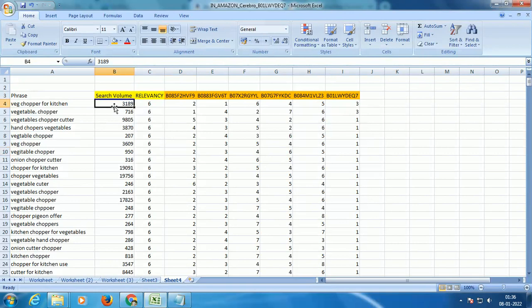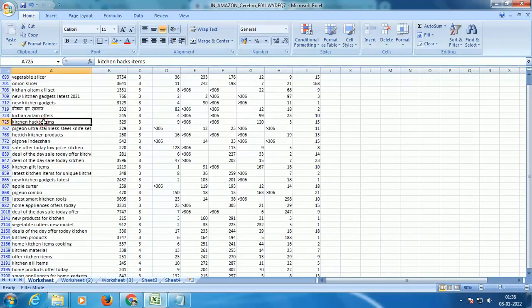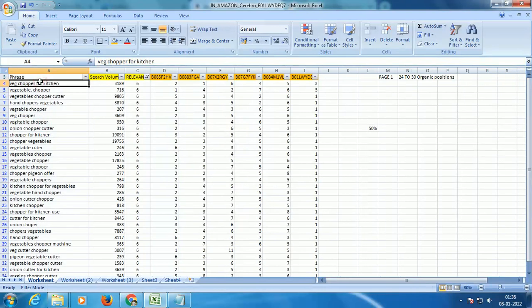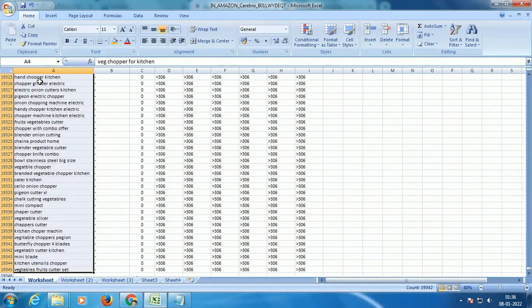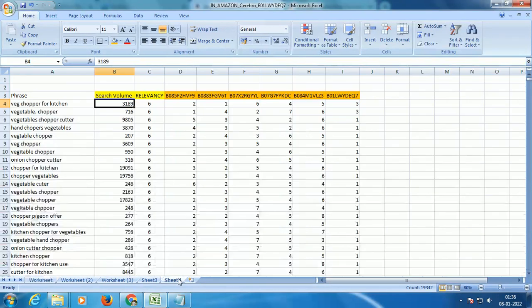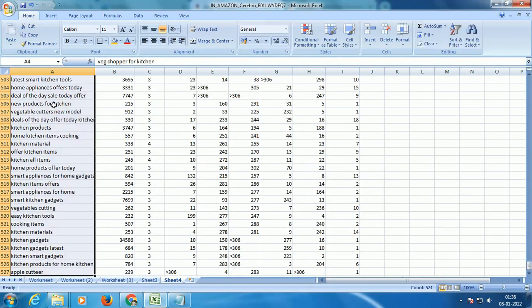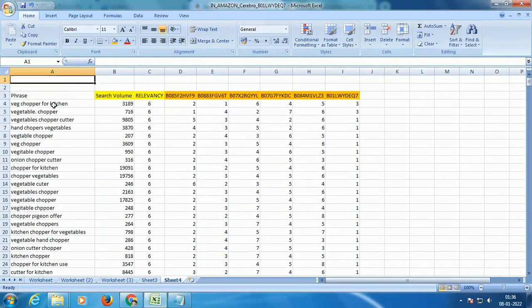Initially we had how many keywords? Initially we had over 19,000 keywords. Now we filtered it down to 524 keywords, correct? Now let's do one thing. Let's see what is this total search volume. How much is the market for these 6 players? So in order to find that, what I'm trying to search is